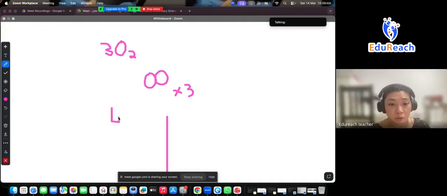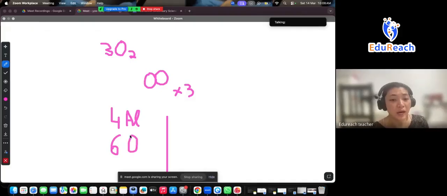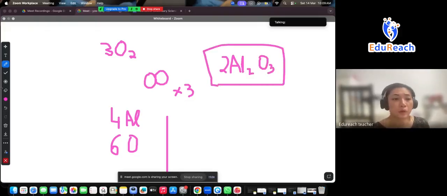You all understand? 6 atoms of oxygen, 4 atoms of aluminium. Is everyone clear on this? Yes or no? You need to say yes. So 4 atoms of aluminium and then we have 6 atoms of oxygen. After the arrow, Risky, tell me, 2Al2O3. How do I count? 2Al2 and then O3. How should I count the number of aluminium atoms here? How do I count?